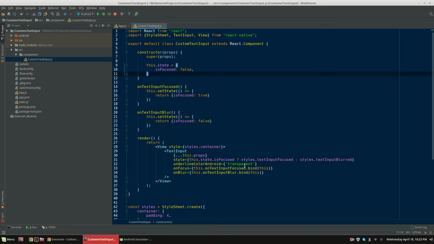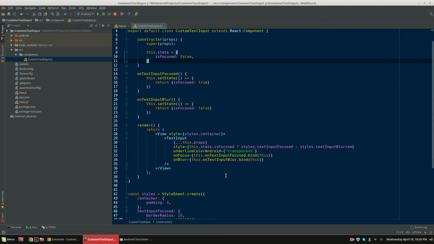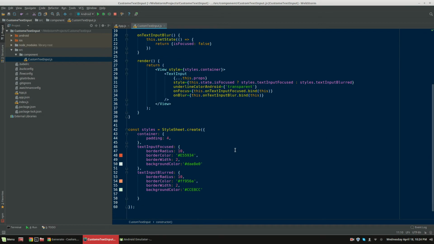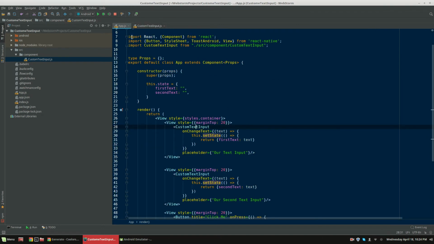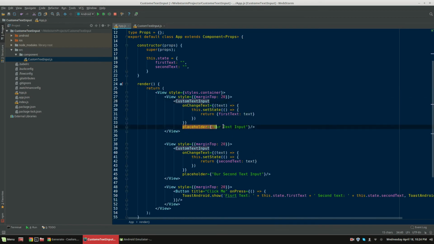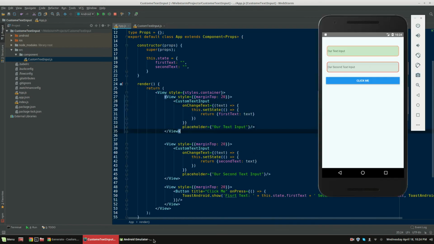If it's focused, show some style, and if it's blurred, show some other style. The important thing here is this spread operator, this.props. This should be here, otherwise these props will not work properly. This placeholder, this onChangeText,